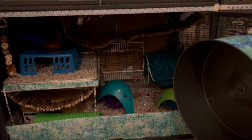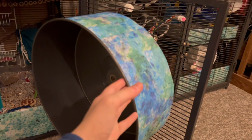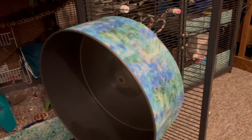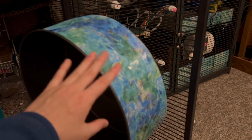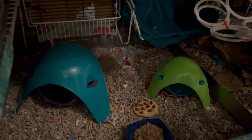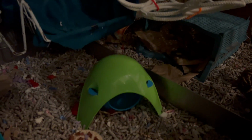Okay, so moving on to the other side of the bottom, first up we have this 15-inch wheel. This is the Chen Sprint from Exotic Nutrition, and it's a really great wheel. Again, I have added on some paper to make it thematic. Then inside we have two space pods. One is a normal size space pod, the large version, and the other is the small space pod, which mainly